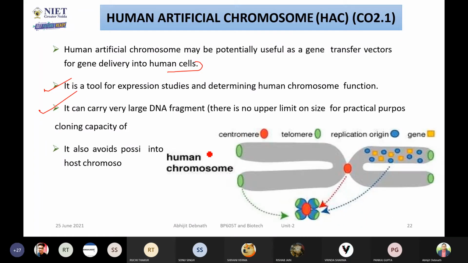This is our human chromosome. You can see this is the centromere, this red part. This is the telomere. Already you are aware about that. Now replication origin. These are the various DNA regions present, and these are the various genes in our entire DNA. Not all the DNA code will be replicated in the same way. Only some part will be replicated, and some part will have some function. It will translate into protein, we call it a gene. Okay, so this is something about that.